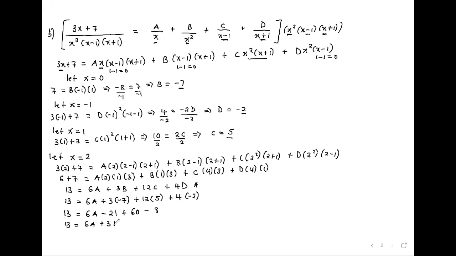So if we take now 31 the other side, we have 13 minus 31 is equal to 6a, implying that we get negative 18. So we have 6a is equal to negative 18. Divide by 6, divide by 6. So we get a to be negative 3. So it means that we have found